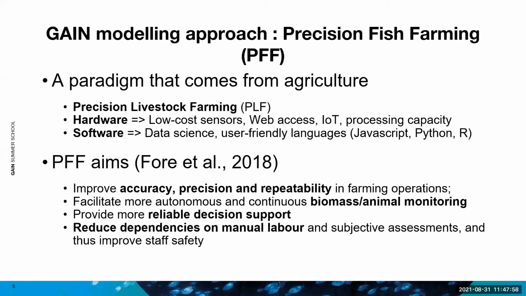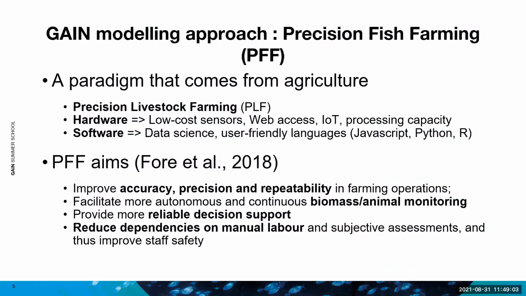Regarding the software, we now have data science that is taking much importance. You also have the rise of user-friendly languages like JavaScript, and more recently Python and R are becoming very important. And I said user-friendly, which means it's easier now to develop routines to process your data. I think it helps in increasing the importance of data science and its use in agriculture and now in